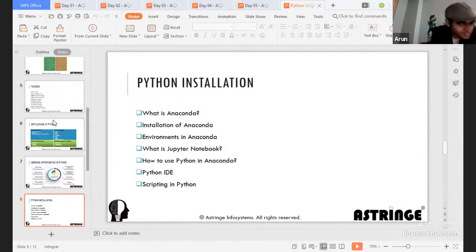Now, this is the important thing, guys, Python installation. If you ask me how I learned Python, I actually installed Anaconda. I installed various environments in Anaconda. I create new environments and ensured that each environment could be used for different projects. And while I installed Anaconda, I also ensured that Python is installed along with Spyder and Jupyter Notebook, because Spyder, though I do not use much, but at least Jupyter Notebook I use day in and day out.